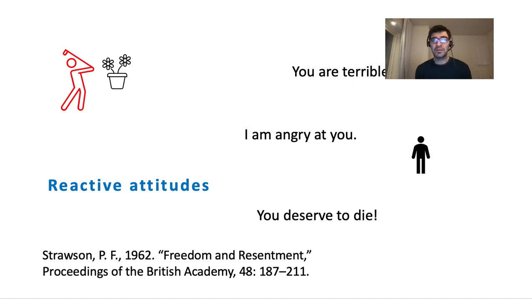And if someone does something very bad, it's then very natural for us to react with distinctive kinds of judgments and emotions, which may be more or less severe. And when we engage in these judgments and emotions which we have in response to someone having done something bad, then in doing that we hold the person morally responsible. My emotions and my judgments express that the person did something wrong for which they are responsible.